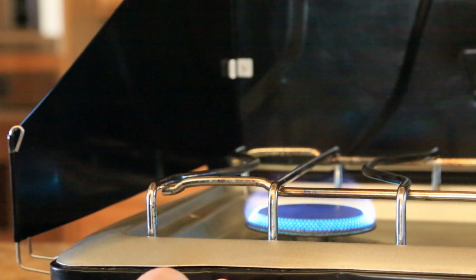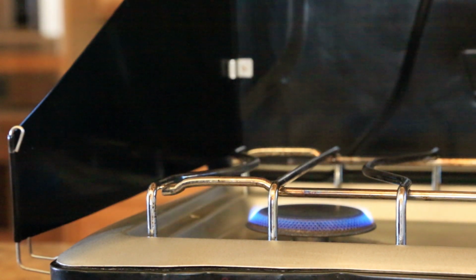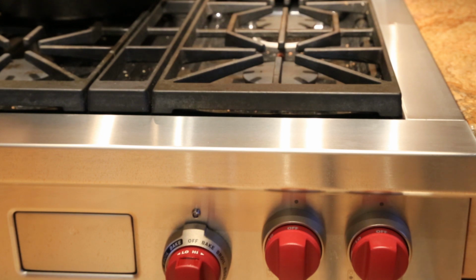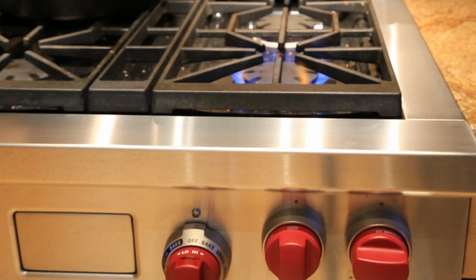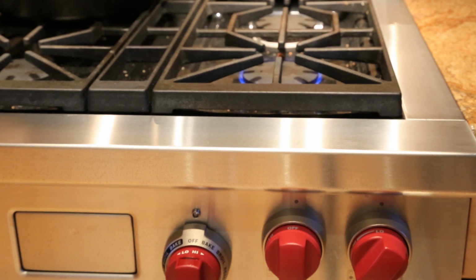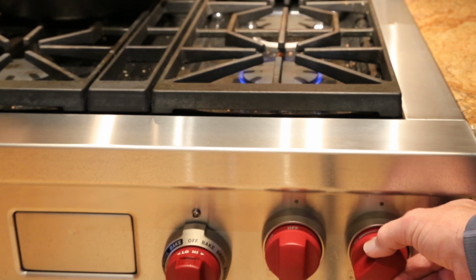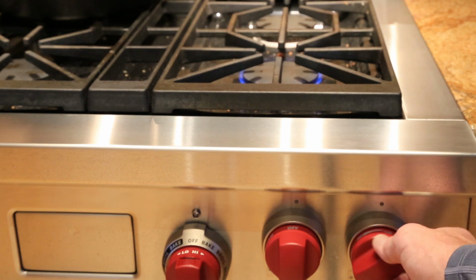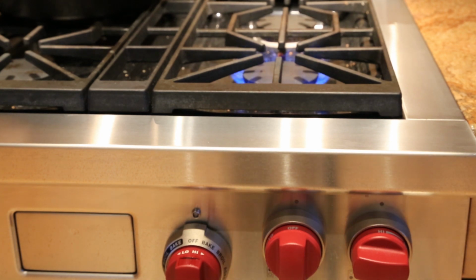So we just got to be aware of how much control we don't really have. This is not a Wolf range where you got a lot of adjustment by turning it. Coleman products are not a Wolf range. So light it. Here's 90 degrees right there just to light it. Comes on high. And then to go all the way down low, you got a little bit of adjustment that way. But from here, let's call that 7 o'clock. From low to full blown high, you've only got two o'clocks. So you're going from 7 to 9